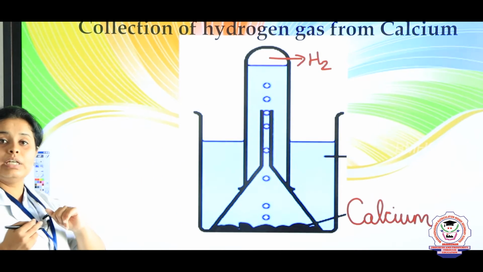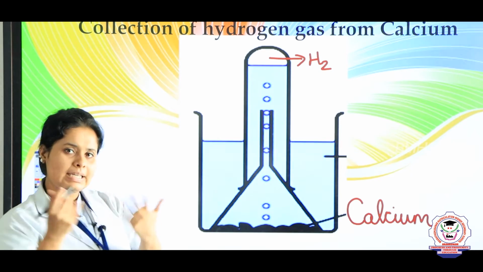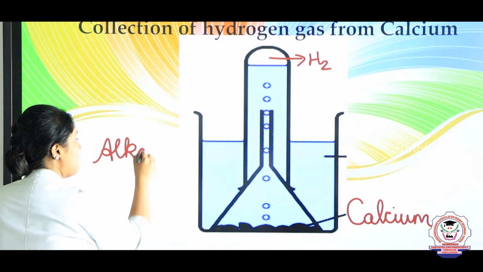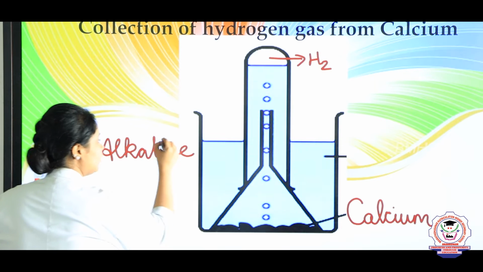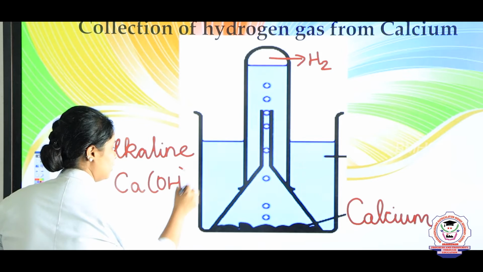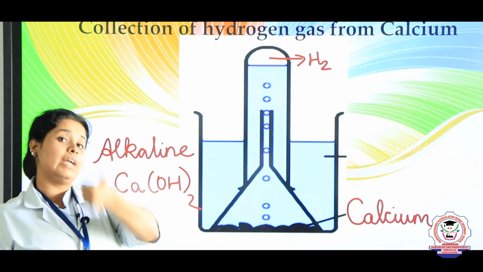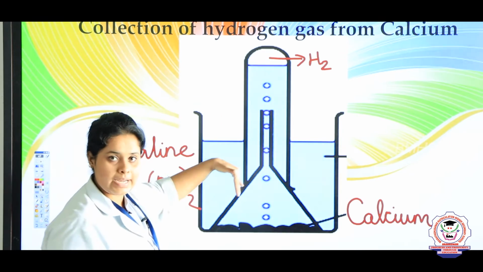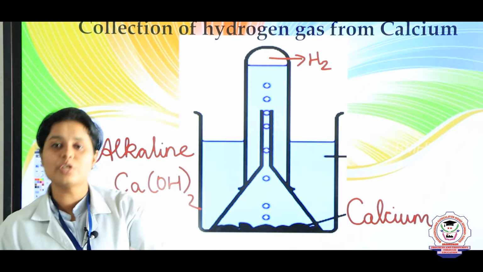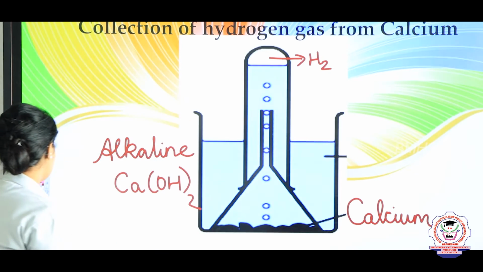And again children, in this solution hydroxide is formed, right? Hydroxide is a form of alkaline. So alkaline is a base. So here, the base you are getting is calcium hydroxide. Okay, so this is the base which you are getting. Again, if I take a red litmus paper and put it inside, due to the presence of the basic or alkaline solution, it will become bluish in color. So this confirms that a base is being formed, right?